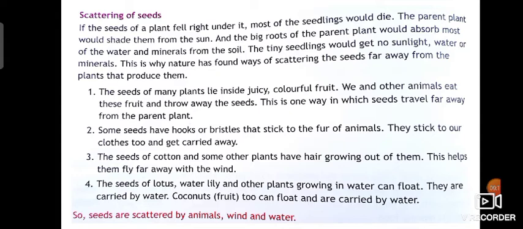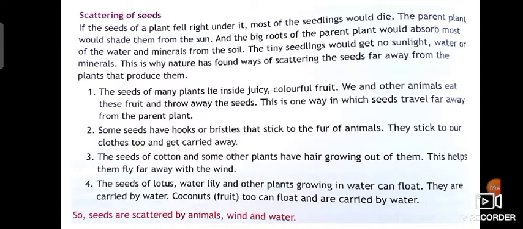The seeds of cotton and some other plants have hair growing out of them. This helps them fly far away with the wind. Okay, and the last one is the seeds of lotus, water lily, and other plants growing in water can float. They are carried by water.